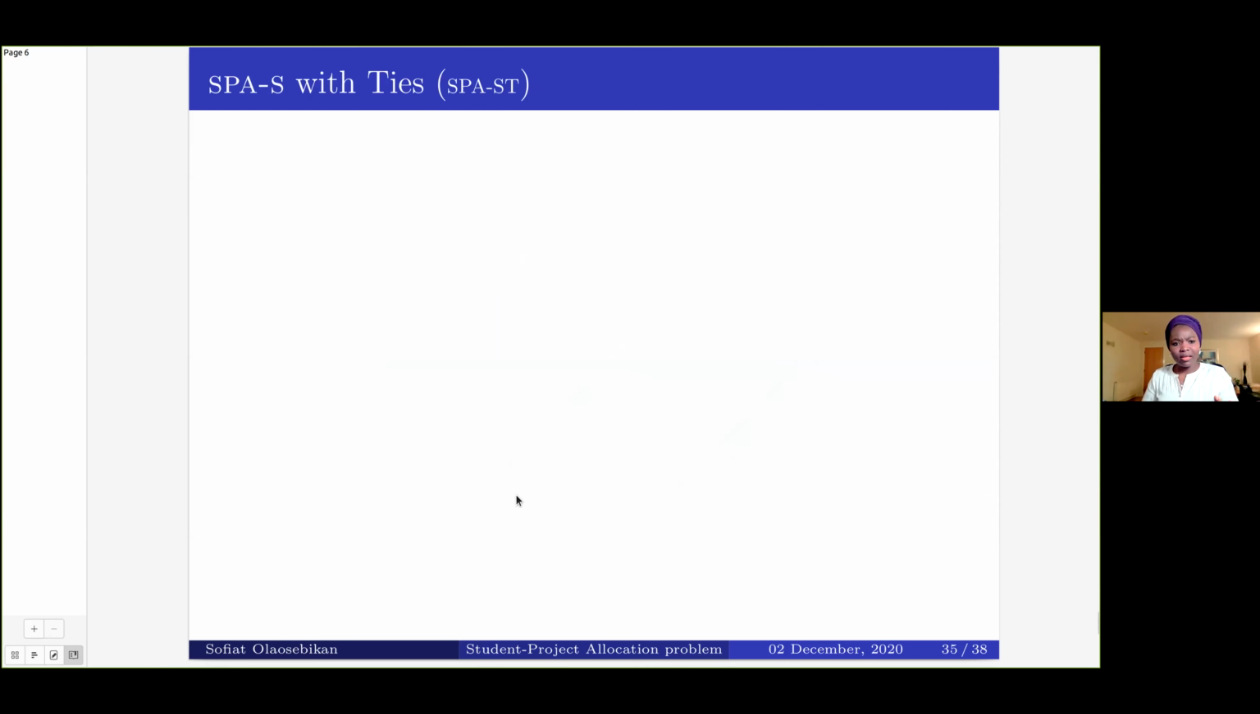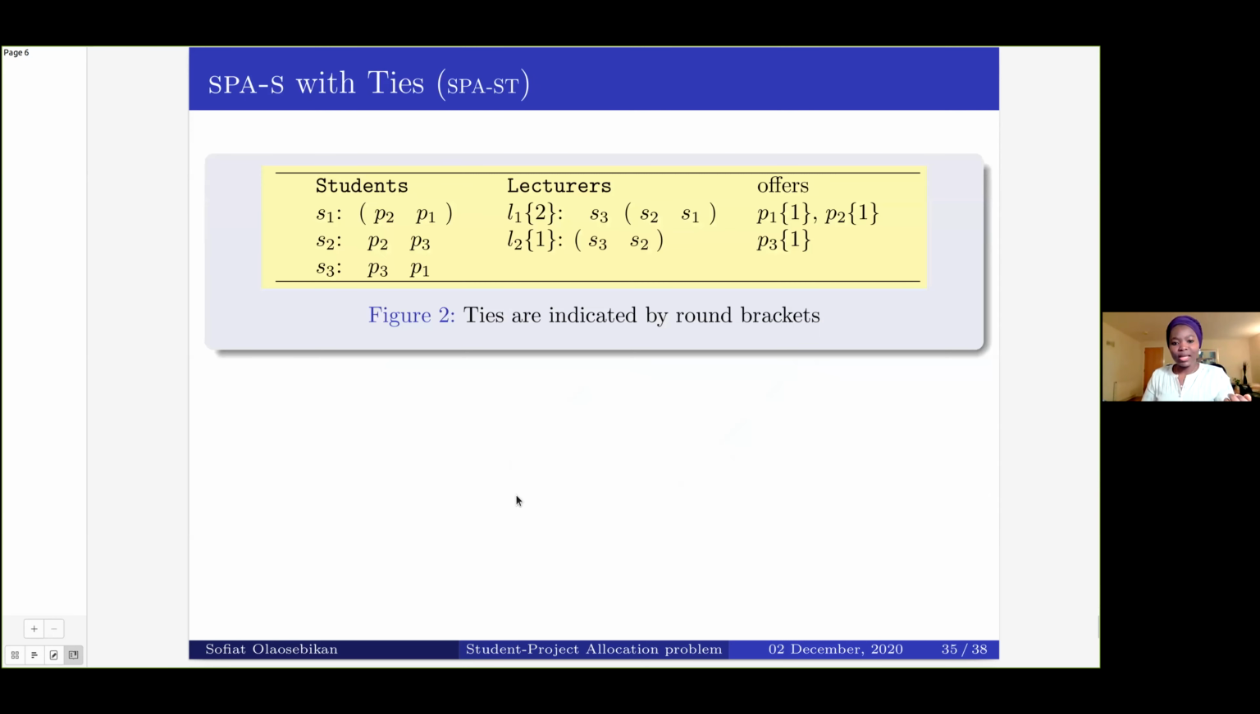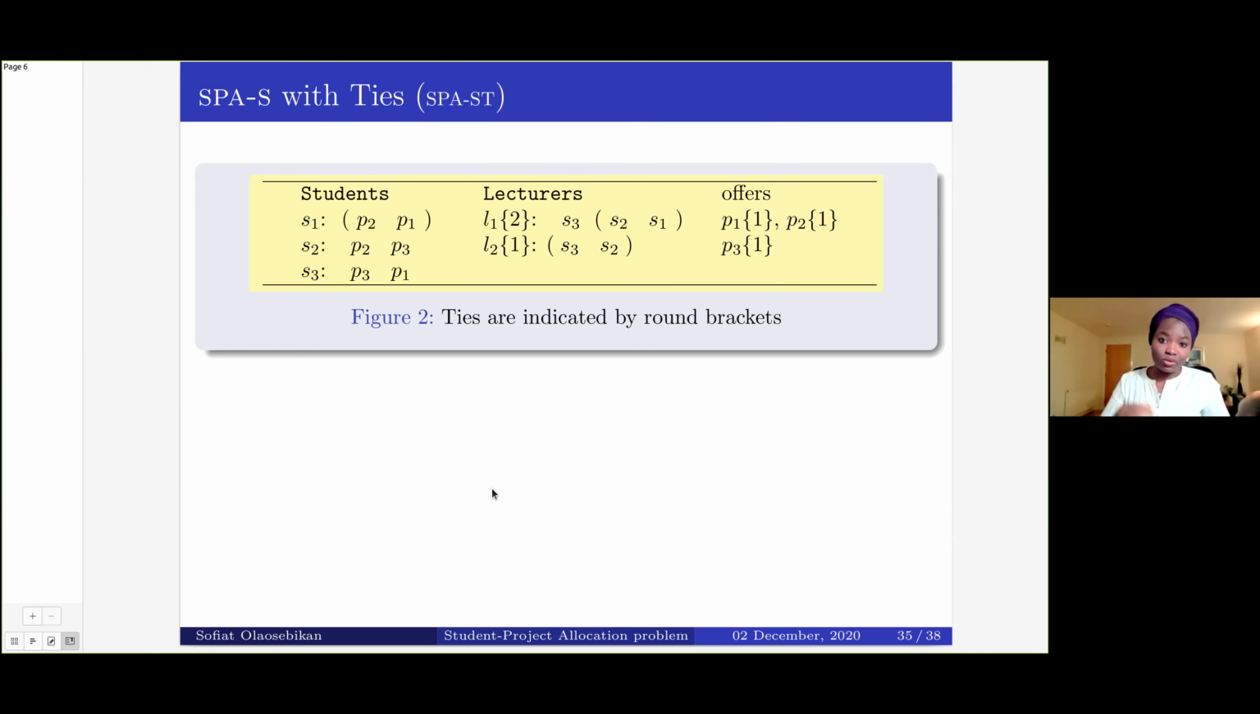I think the final thing I want to talk about is the case where the preference lists are not strictly ordered in SPA-S. For example, a student might be unsure between 2 projects, and they would maybe prefer to tie them together if they are uncertain whether they prefer one to the other. And this leads to another problem entirely. In fact, in this